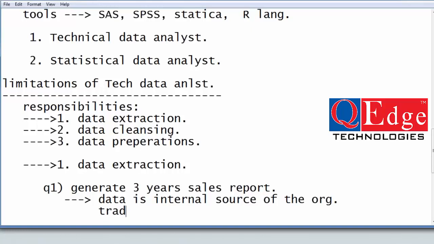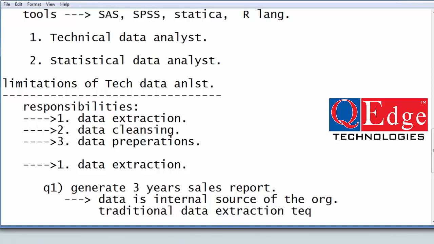So traditional data extraction technique depends, the technique varies from data source to data source. If my file is XML, different technique. If my file is JSON format, different technique. If the data is in an RDBMS, again different. If it is in a NoSQL database like MongoDB or Cassandra, again different techniques.